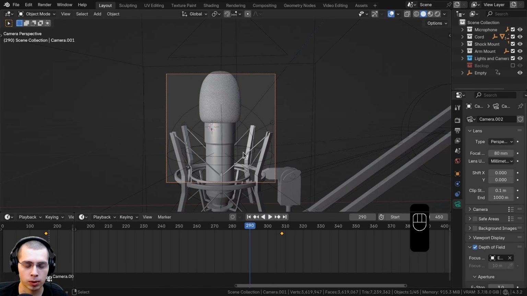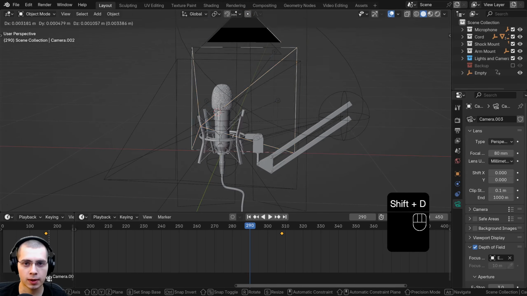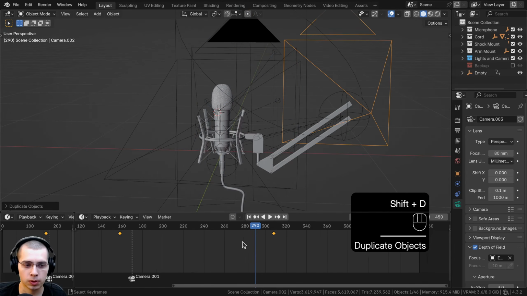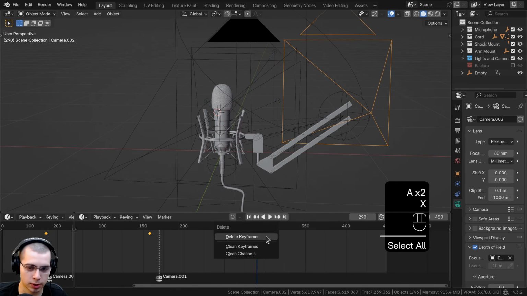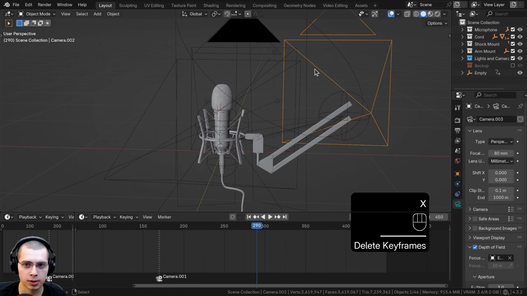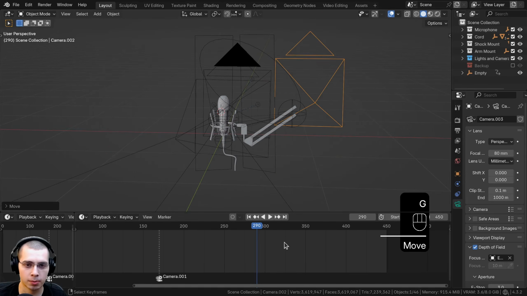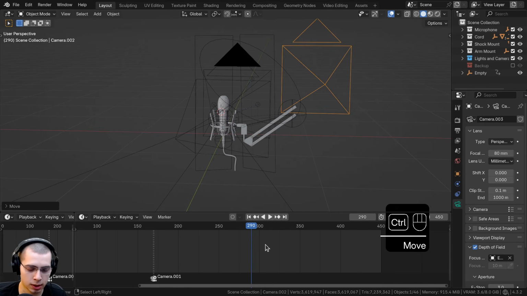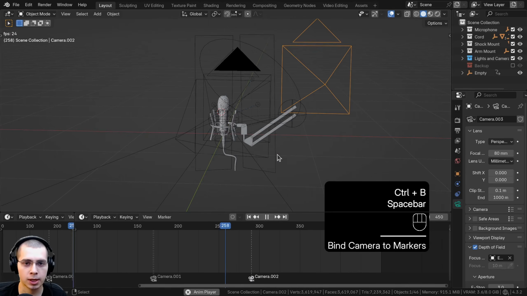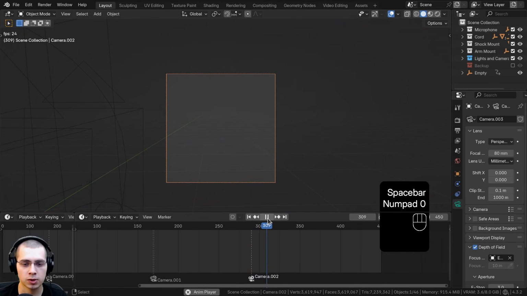camera and then add one more. So we'll duplicate the camera, drop it here. We'll select all the keyframes with the A key and we'll hit X and delete keyframes because we don't want to add the keyframes for the new camera. And then with the new camera selected, we'll hover our mouse in the timeline and hit Control B. So now when I play this, you can see we're using that camera and then it switches to the last